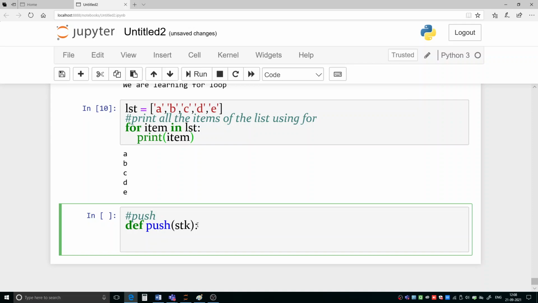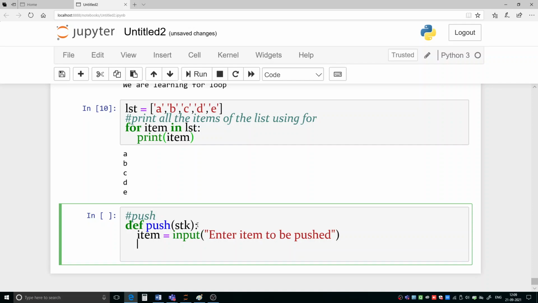So what item you want to insert, let us take it from the user. So I'm writing item equal to input, enter item to be pushed. What item you want to push, first enter that item.